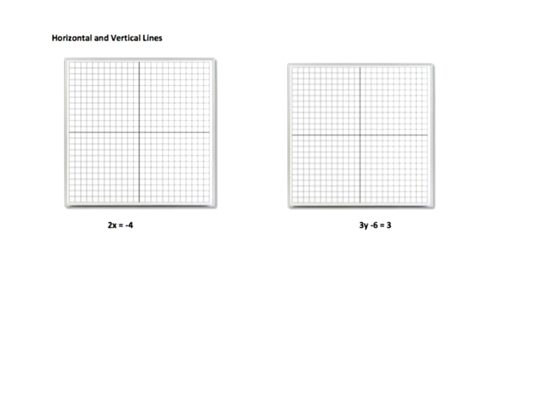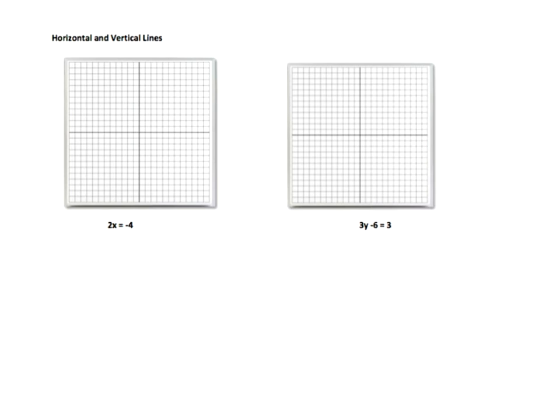Let me show you what's happening here. Okay, so notice this equation down here. I have 2x equals -4. All of the other equations we've dealt with have had an x and a y in them. Whenever you get something with just an x or something with just a y in it, bells and whistles should go off in your head. Oh, this is a special one. And that's what leads us to horizontal and vertical lines.